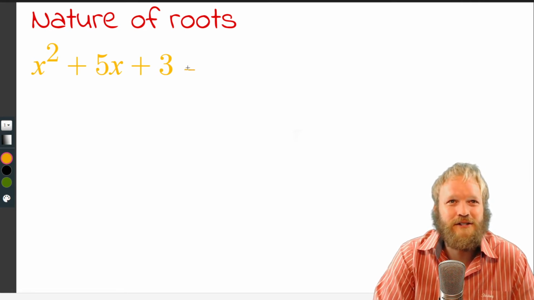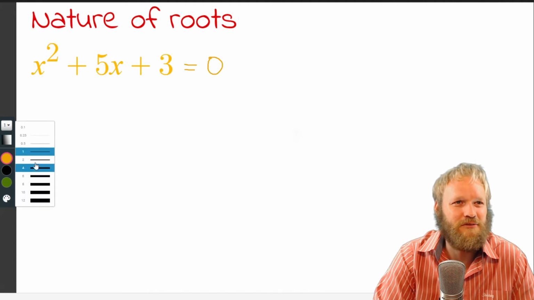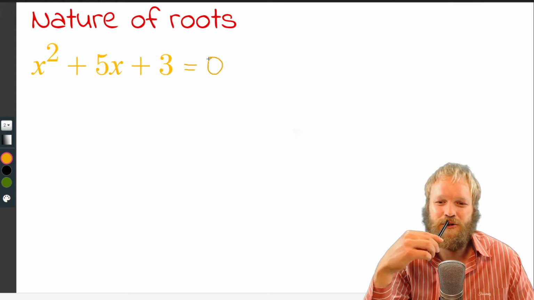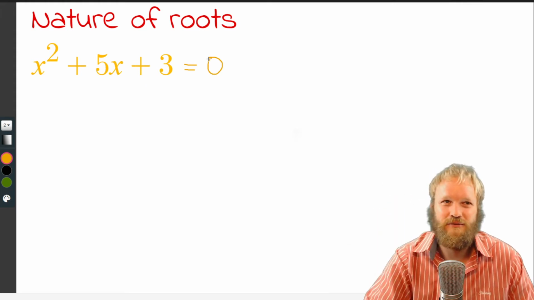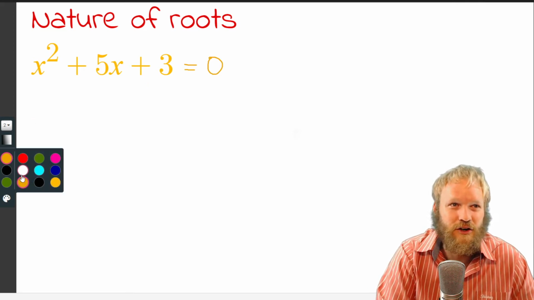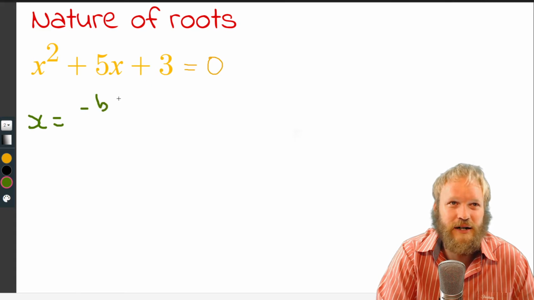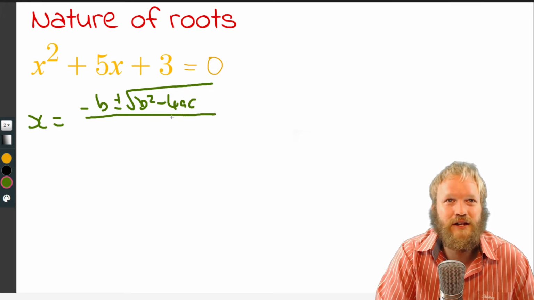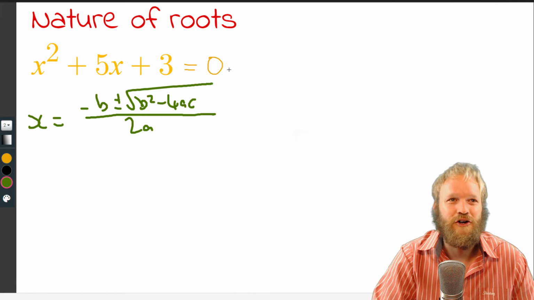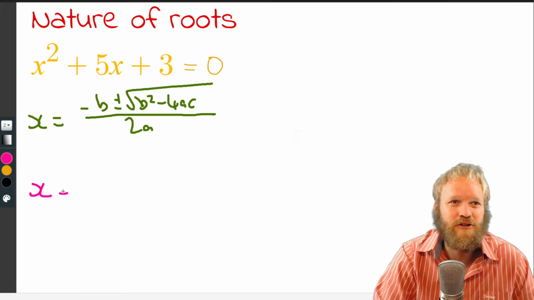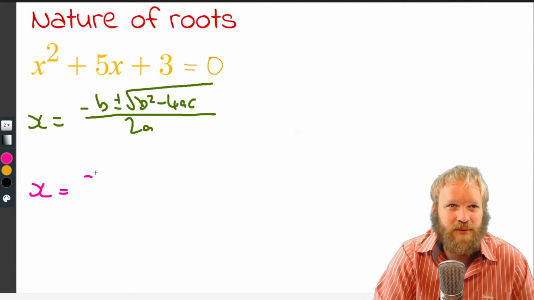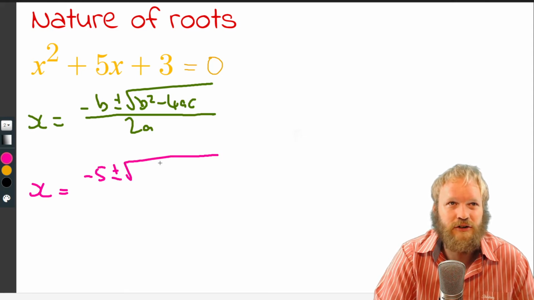Now, if you're given this equation, I'm going to turn it into an equation because it wasn't yet. So we've got x squared plus 5x plus 3 equals 0. Plug it into just the first step of the quadratic formula. You know that the quadratic formula goes x equals minus b plus or minus the square root of b squared minus 4ac, everything over 2a. So substitute your values in and pause straight after the substitution step. Okay, so you've got minus b plus or minus the square root of b squared minus 4ac,